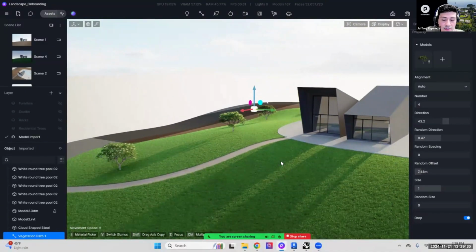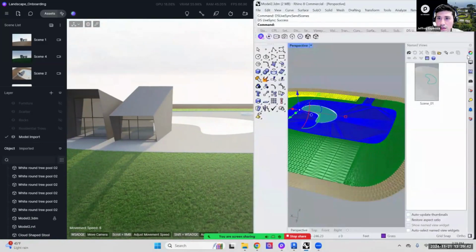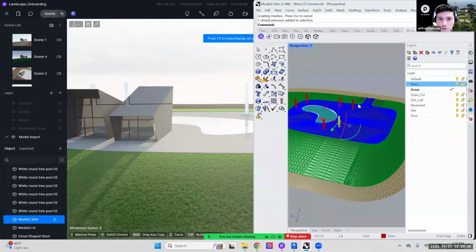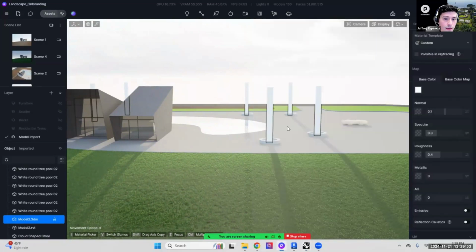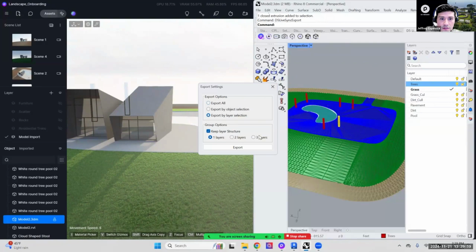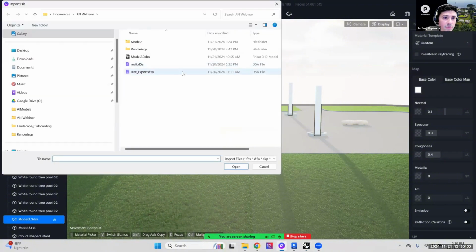And so lastly, the other way that I wanted to show you how to populate your scene is to go back into Rhino or SketchUp. For instance, here I have a layer that's turned off, which is just a placeholder for where my trees would go. So as you can see here, they've been populated in my scene. All I need to do in Rhino is go into export, export by layer, and I'll do 3-layer structure, and I'll hit export. And then back in D5, I'll import that export,